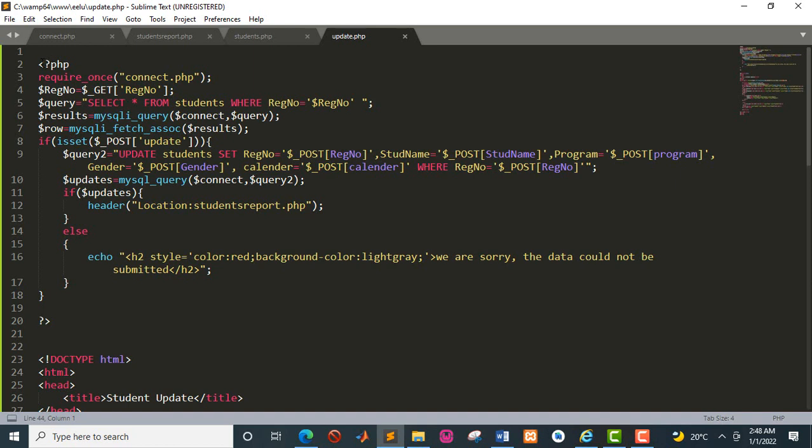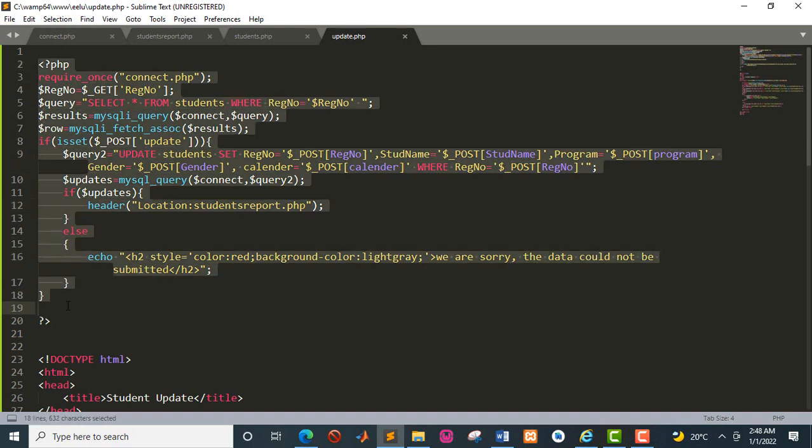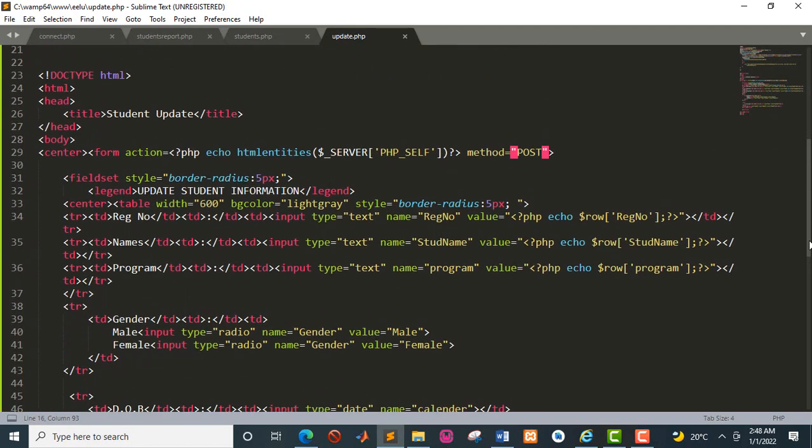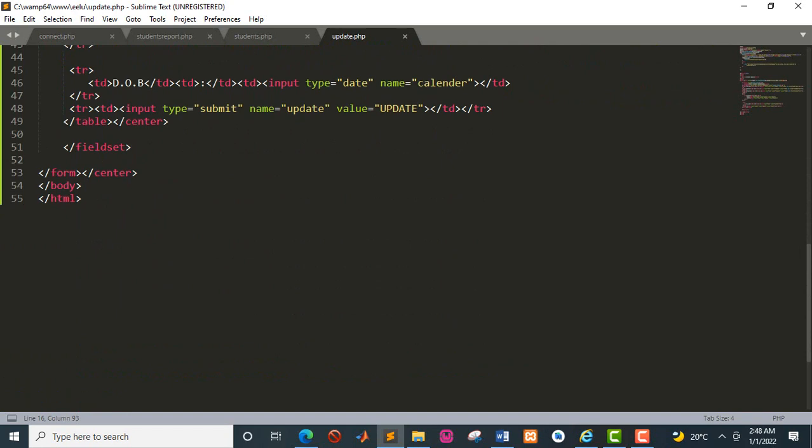So after having written this PHP code and also carried out the updates as we have right here, that is for retrieving these particular records from the database, then